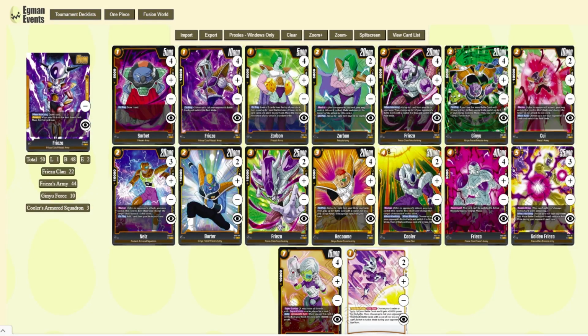Hey everyone, Eggman here with another video, and today we're going to be talking about the starter deck Frieza leader in the first set of the Dragon Ball Super card game Fusion World. And to be honest, I probably underestimated how good of a leader this was going to be in set one. It was clearly the best leader in the starter deck meta,